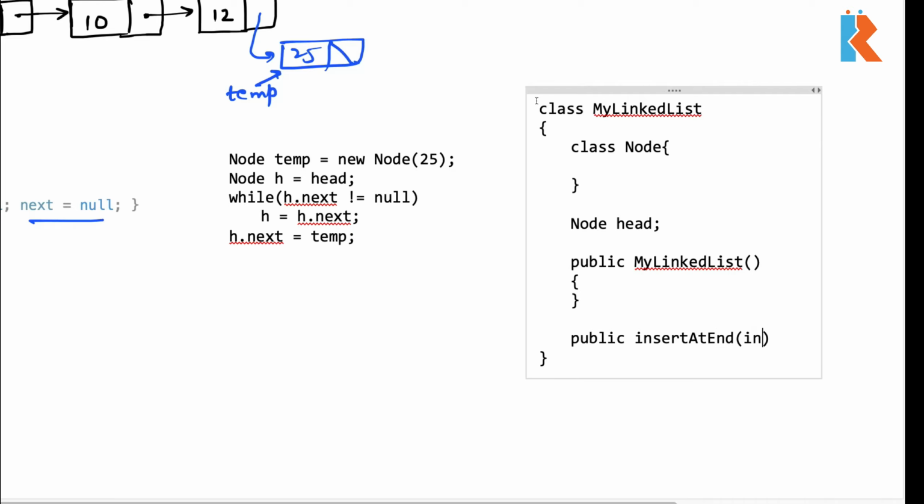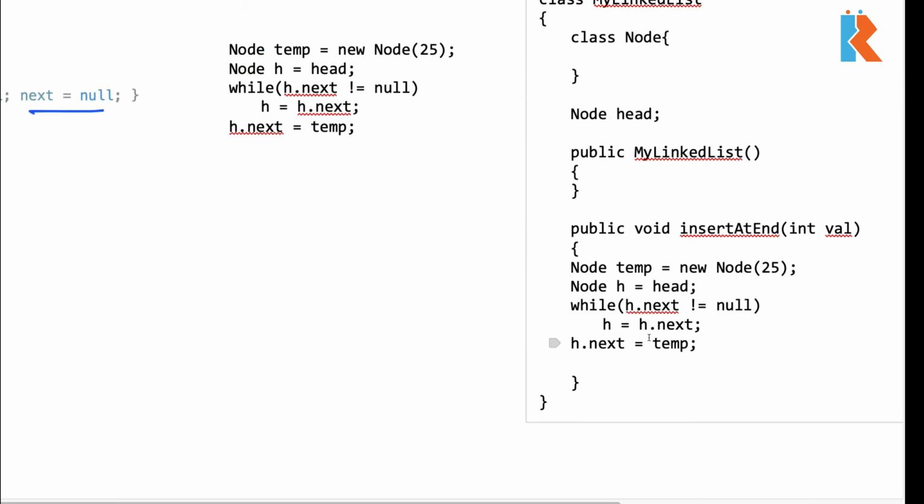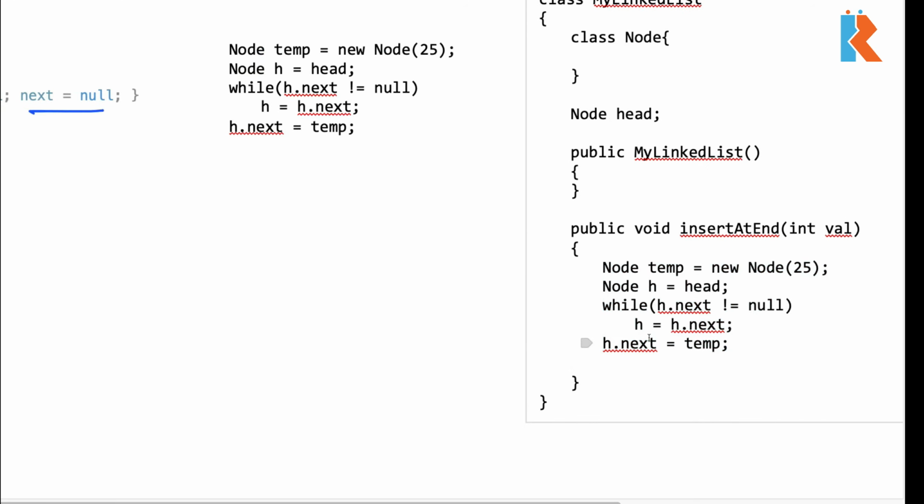So insertAtEnd receives an integer value, and this should not return anything because head is internal to the linked list. If head is internal to the linked list, we should readjust the head. Okay? So it should not return anything, and it should be a void. Now inside this we will have a code like this. Whatever we have written will go inside this function,